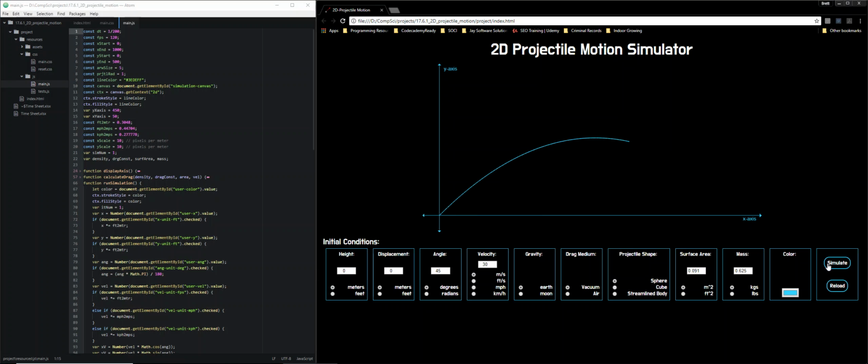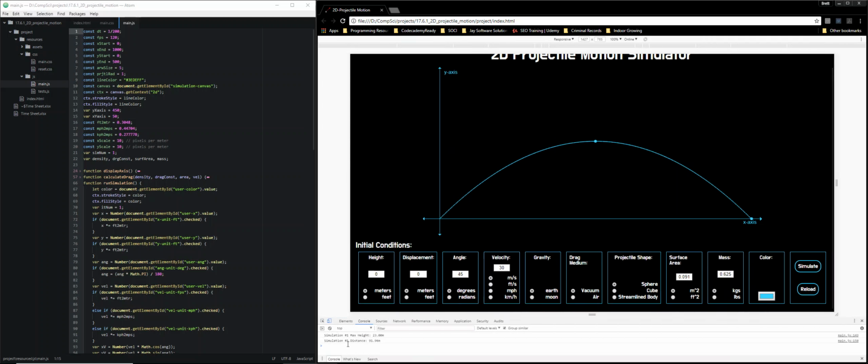So here is our first simulation, and before I pull up the actual numbers on this, what we're expecting theoretically with these initial values are a maximum height of 22.94 meters and a maximum distance of 91.76 meters. And we have it logging out a height of 23 meters and a distance of 91.96. So that's very close, just about 0.25% error, which is acceptable,